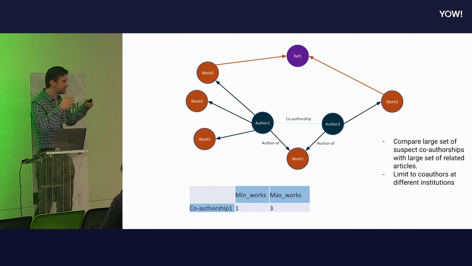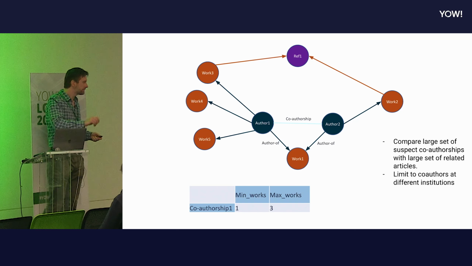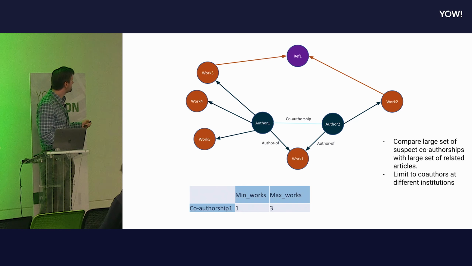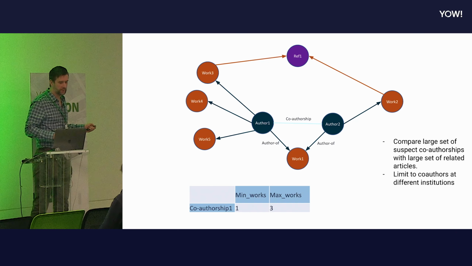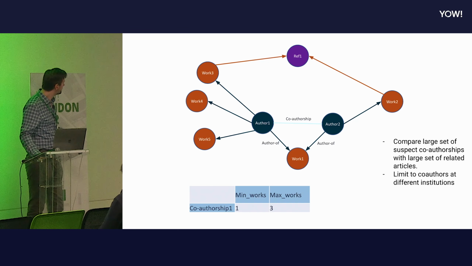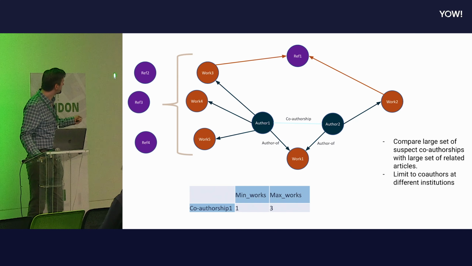So whenever you write a research paper, you put a load of references at the end. So you might find that the works they've done in the past have referenced the same paper, okay? And maybe there's 4 references in total, and one of them is shared. Well, we call that a bibliographic coupling of 1/4, which is 0.25. So this gives us a few pieces of information which describe this co-authorship.